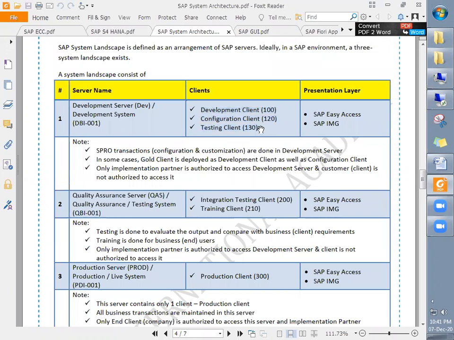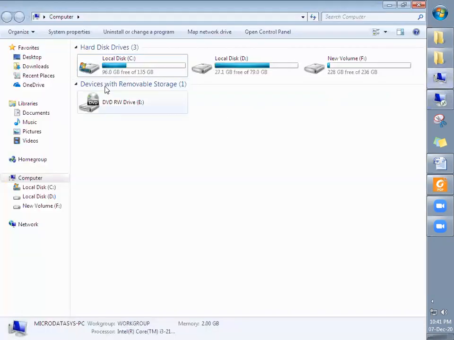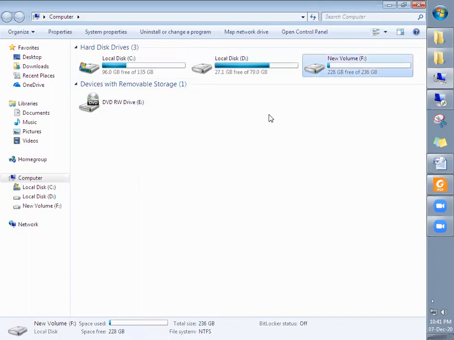So these clients are nothing but like our drives. In our hard disk we have different drives. The C drive is allocated for the programs or applications we have, those are saved here. And then we have other drives for different purposes.